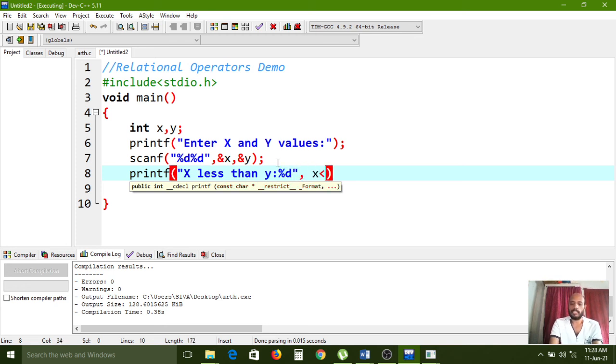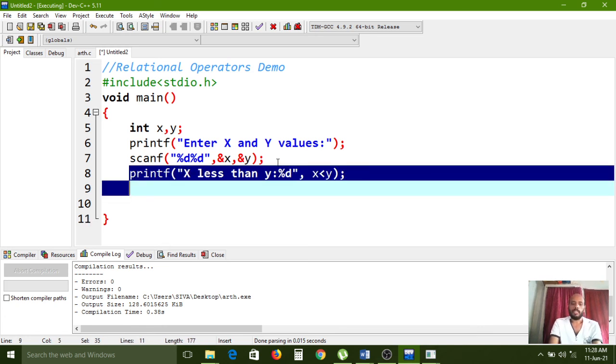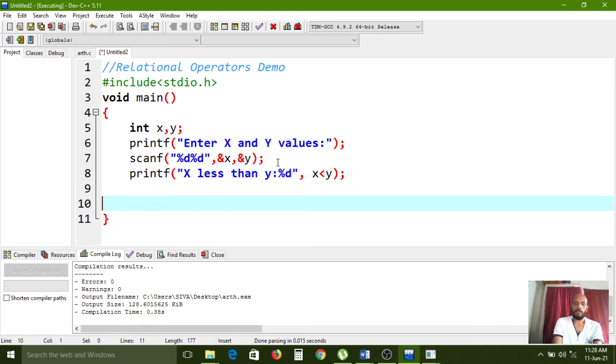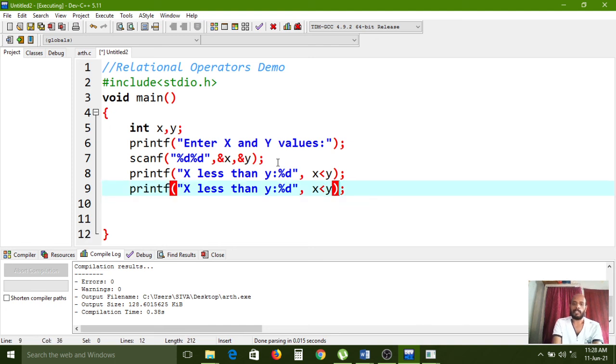Here I have used the x less than y relational operator. Again copying and pasting here, instead of less than I am using greater than. Instead of the less than operator, I have changed it to the greater than operator.